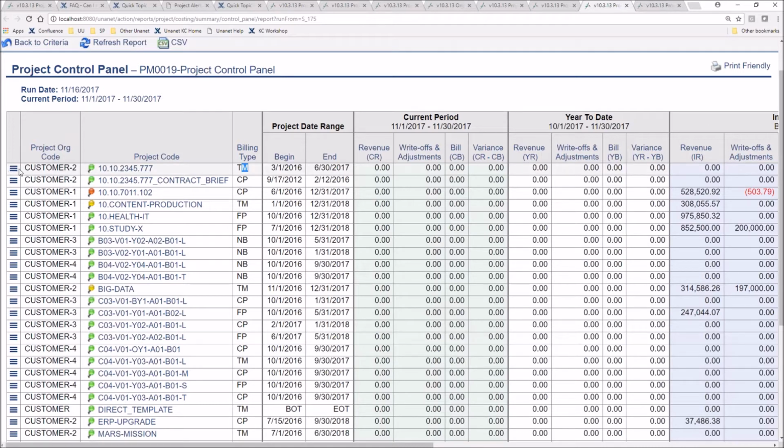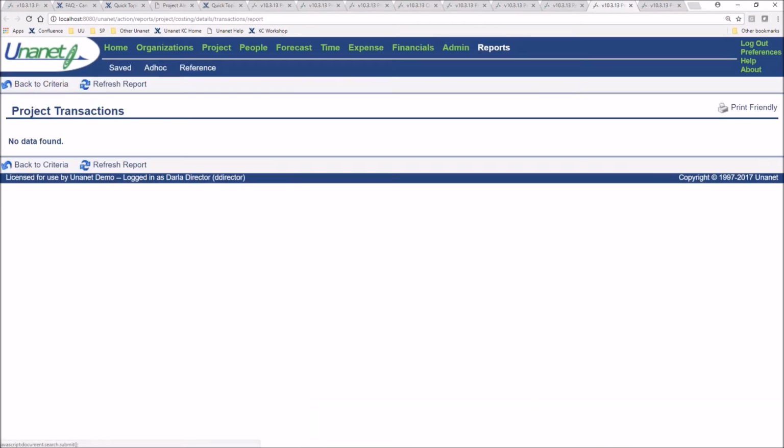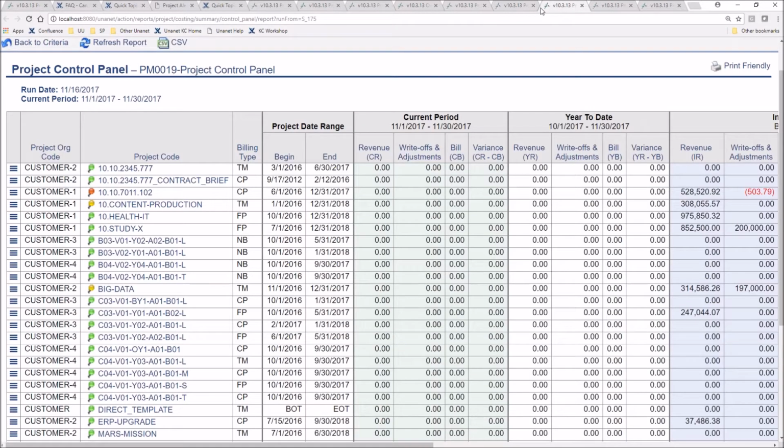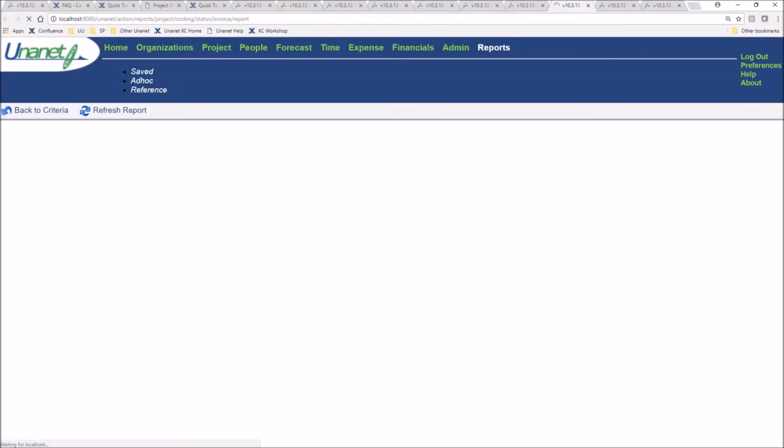But if I come over here and click on this hamburger, and that actually is the term that we call these three lines, I can blow this out and say, I want to go and look at some particular reports. Some of these we talked about, like the org activity report. Maybe I'm interested in a project. Oops, I guess I don't have any project transactions for this period. But if I have information over here, then I can get into here and start looking at some additional information,